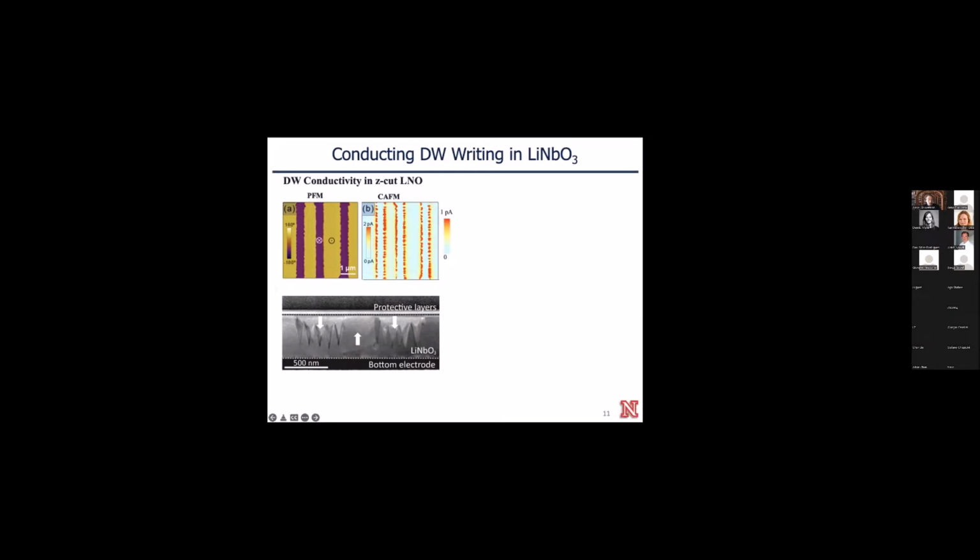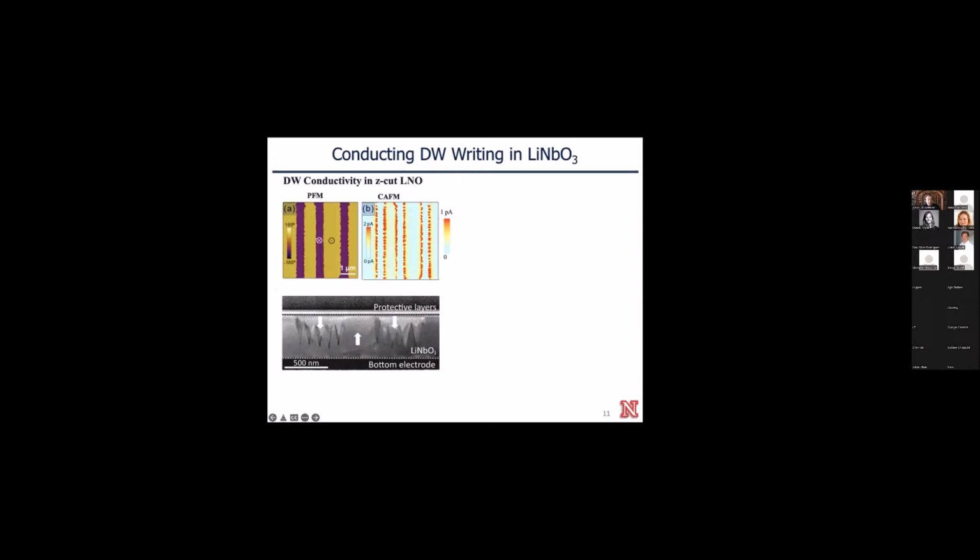And these domain walls indeed show high conductivity, in agreement with the previous reports. To check the theoretical prediction that the conductivity is proportional to the degree of inclination, in other words, that the highest conductance would be achieved at head-to-head domain walls that are perpendicular to the polar axis,